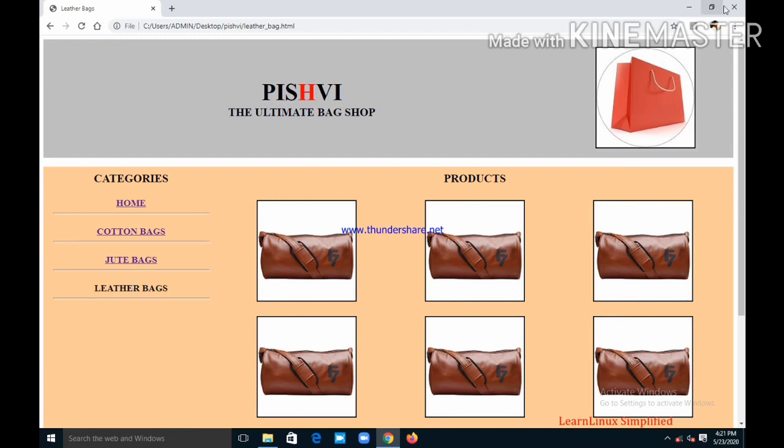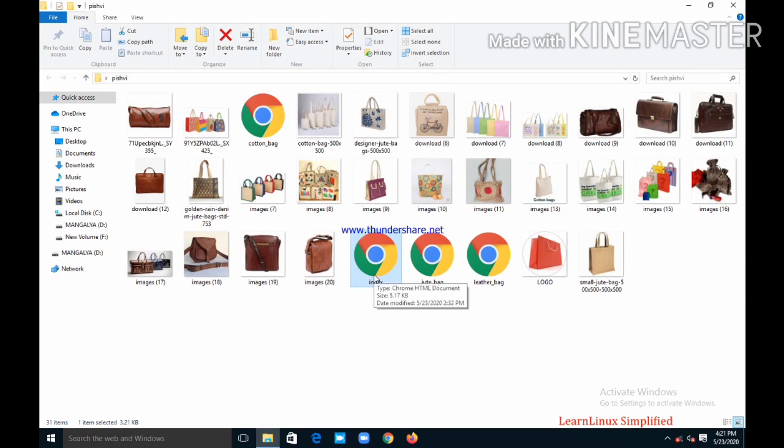Now some important points I have to discuss. The pages which we have created for the index page, we have simply given names. So all the linking pages must be at the same place where the index file is saved. My index file is saved in one folder, so all 3 pages should be in the same place. In the same way, all the images we are using must be in the same place.